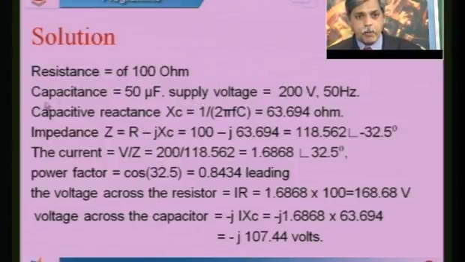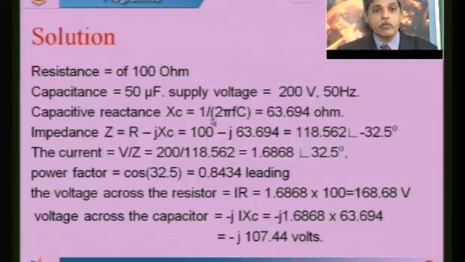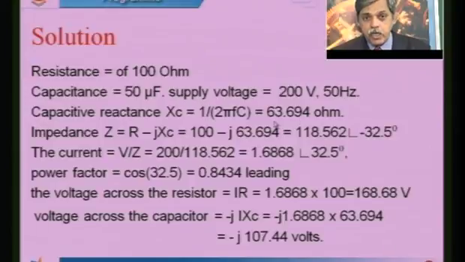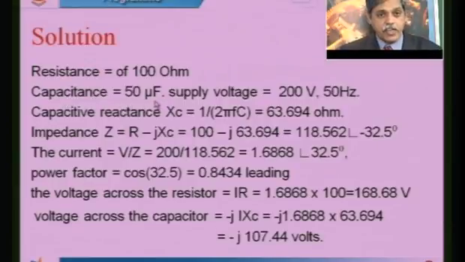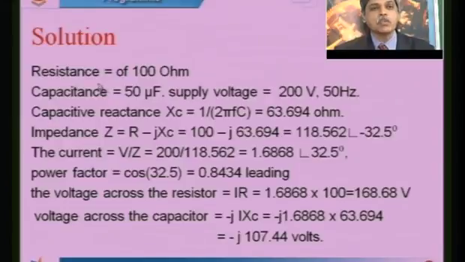See I converted the capacitance to capacitive reactance, okay. Xc is equal to 1 upon 2 pi f c, this comes to be 63.694 ohms. Without converting the capacitance which is in farads, I cannot add it vectorially to the resistance because the dimension of this is ohms, the dimension of this is microfarads. Unless I convert this microfarads to ohms, it is not possible to combine these two and find out the impedance which is opposing the current.